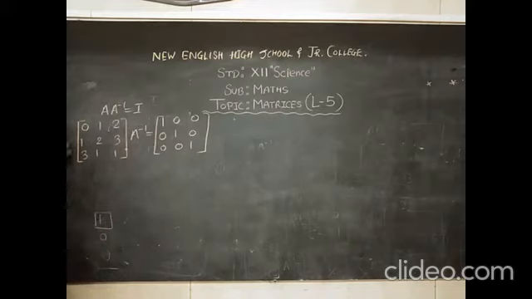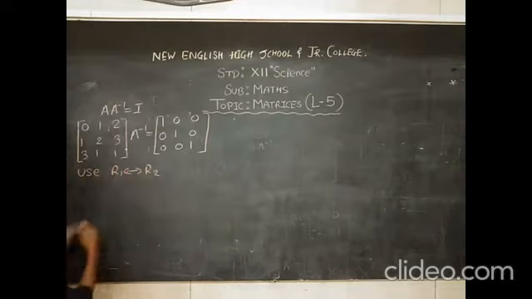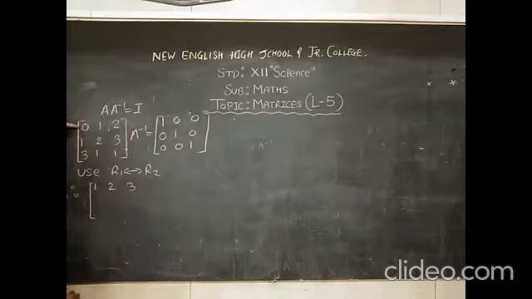Okay. Now, you can see, just I can interchange first row and second row. Just by interchanging, I will get 1 over here in this place. This is better choice here. Okay. Then what I will do? I will interchange R1 and R2. R1 with R2. So it will get converted into R2 I will write in place of R1 and R1 I will write in place of R2. 0, 1, 2. And this one will remain as it is, no change.